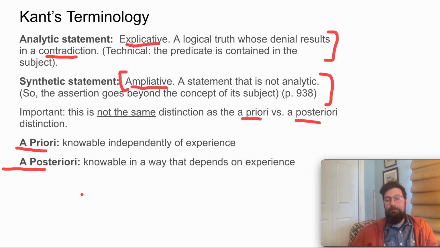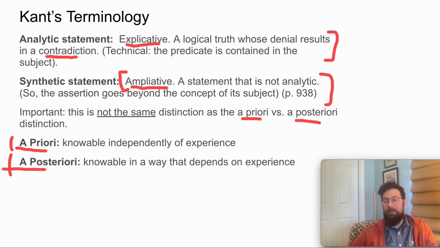Right? Now, here's the key move, right? We can ask the question of conceptual containment and whether we've got an explicative or ampliative statement. But we can also ask the question of whether you need particular sense experience to know these things, right? And here's the big trick, right? Whereas Hume is going to think that all analytic knowledge is a priori knowledge and vice versa, and that all a posteriori knowledge